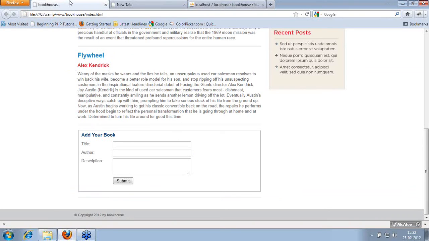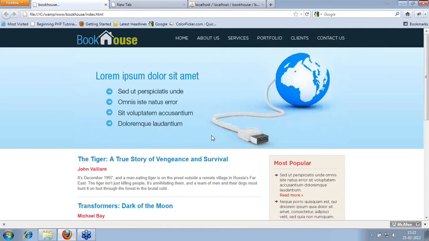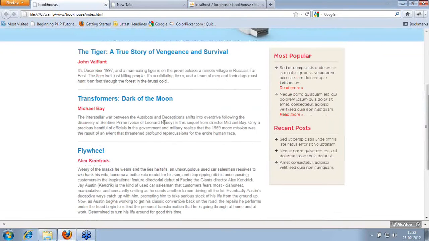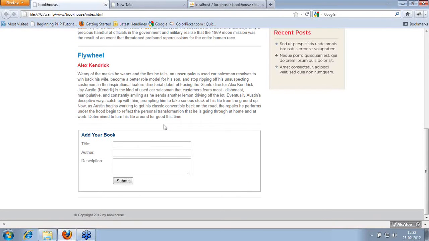Let's play with our form. This is a plain HTML form. You can see the index.html. Now I'll create a PHP file using this HTML code, and then we'll have a database connection, store the query into the database, and retrieve the data from the database.